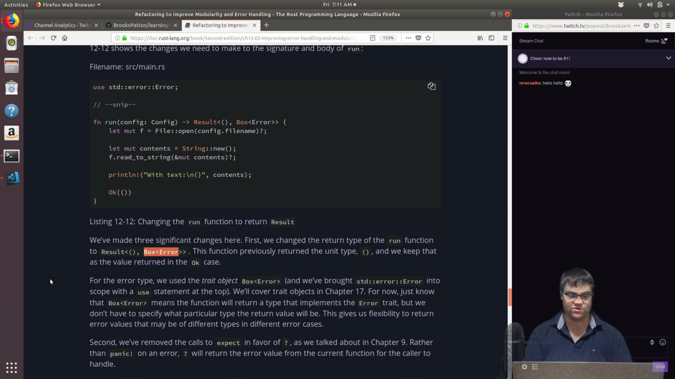For now, just know that Box<dyn Error> means the function will return a type that implements the Error trait, but we don't have to specify what particular type the return value will be. This gives us flexibility to return error values that may be different types in different error cases. That actually would have been really useful when we were trying to do the return type in a main function before we started doing proper error messages. We were like, well, what type of